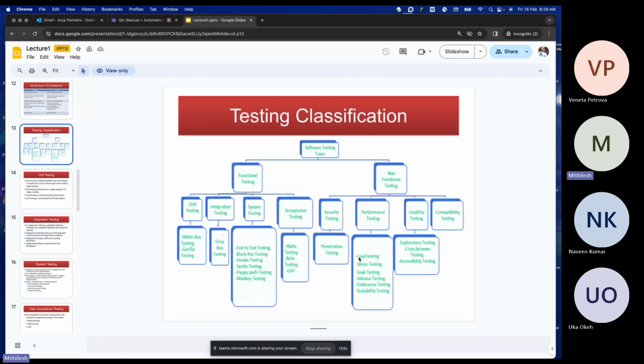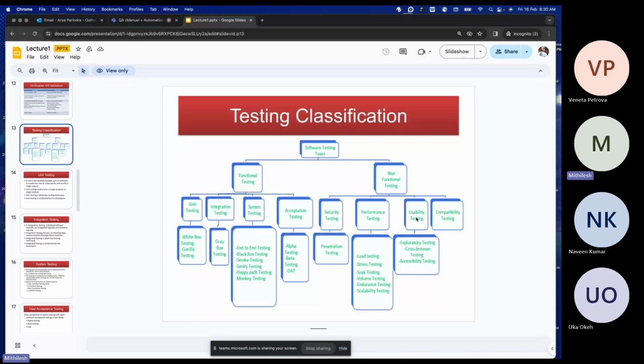Again, performance testing has multiple stages, like load testing, stress testing, volume testing, scalability testing. So all do the same thing, but small differences are there. Like load testing: multiple users for a certain time. Scalability testing means variation of the users. Like suppose 1,000 users for 5 seconds, and for the next 5 seconds there are 5,000 users. So there will be variation of the users for a certain period of time to check the scalability. So if we are performing this kind of testing, it's performance testing. Okay, again,